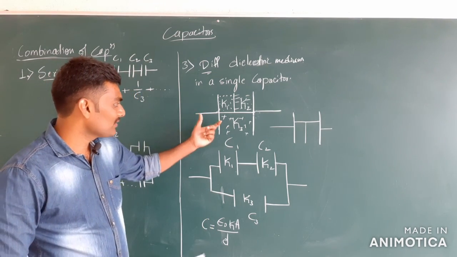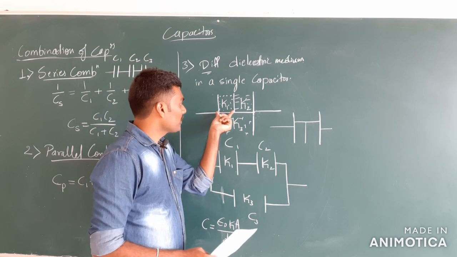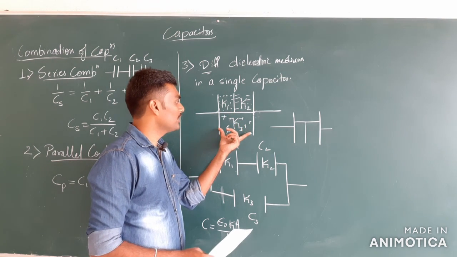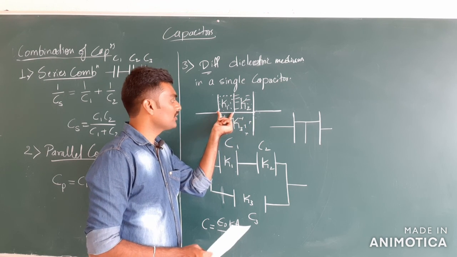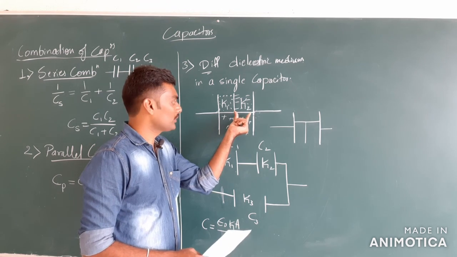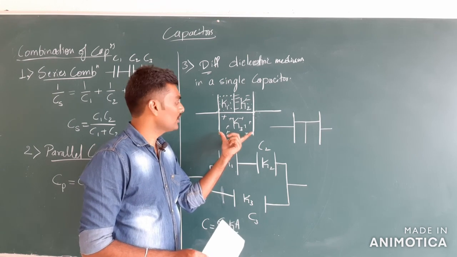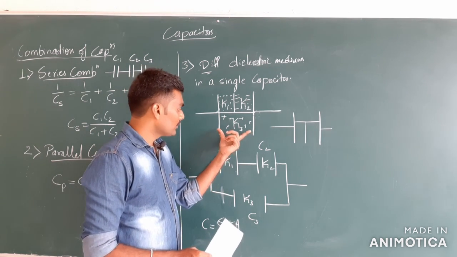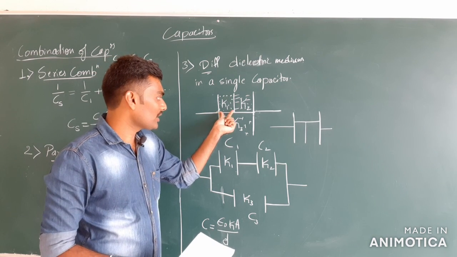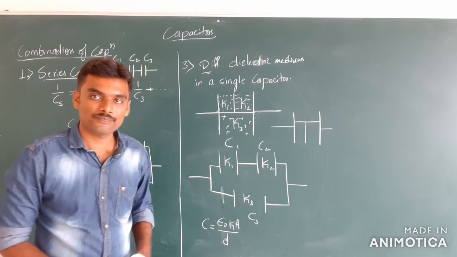And then D is the distance of separation between the plates. Now, for K1, distance of separation between the plates is half of the original length between the plates of the given capacitor, right? This much. And that is equal to the distance of separation with K2. But for K3, it is the original length itself, isn't it? The total length, right? So, D is this much for K3 and D is this much for K1 and this much for K2. That's how the circuit works.